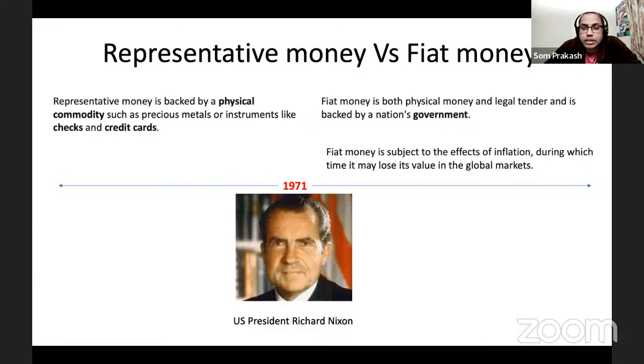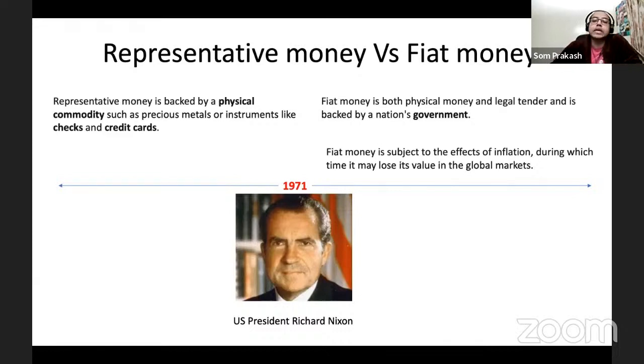So what is fiat money then? In representative money, the guarantee was from the physical commodity. It had some value. But fiat money could be both physical and legal tender. It's backed by a nation. So representative money is backed by whom? It's backed by the physical commodity. But here, after Richard Nixon,